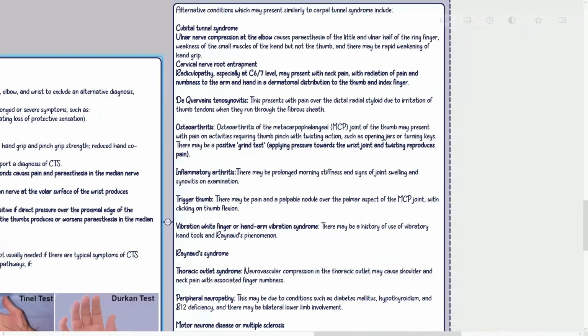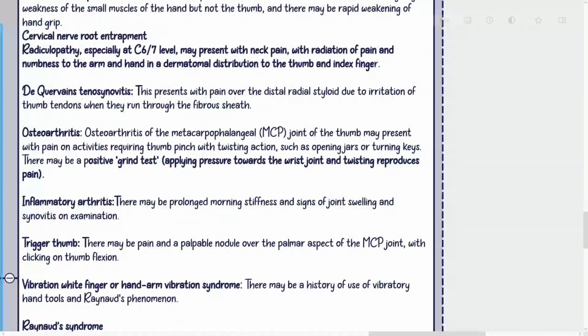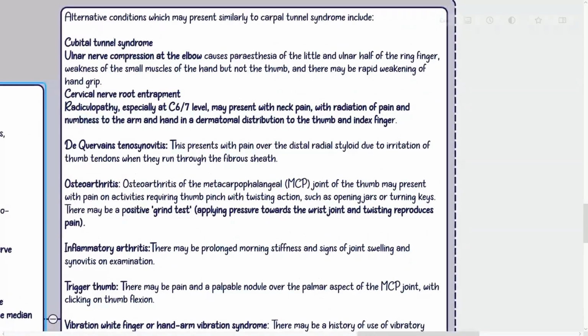Differential diagnosis. Alternative conditions which may present similarly to carpal tunnel syndrome include cubital tunnel syndrome. Ulnar nerve compression at the elbow causes paresthesia of the little and ulnar half of the ring finger. Weakness of the small muscles of the hand but not the thumb, and there may be rapid weakening of hand